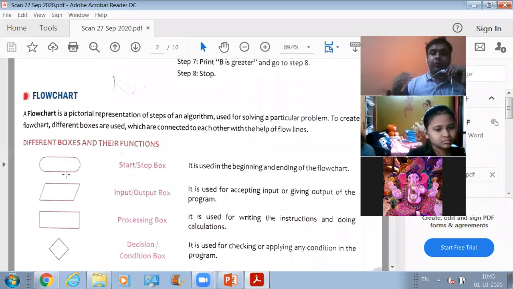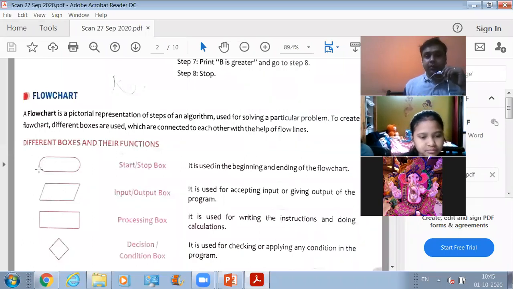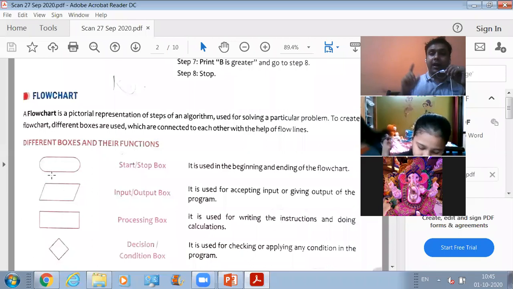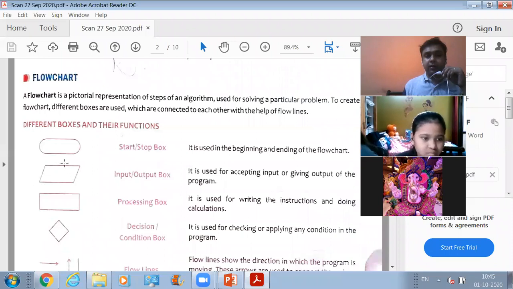And what is the keyword with which we define the ending point for an algorithm? It is stop. That's what we learned yesterday in the online class, right? Now, this is an oval shaped box and it can be used for representing the ending point and starting point of an algorithm. Remember this thing.